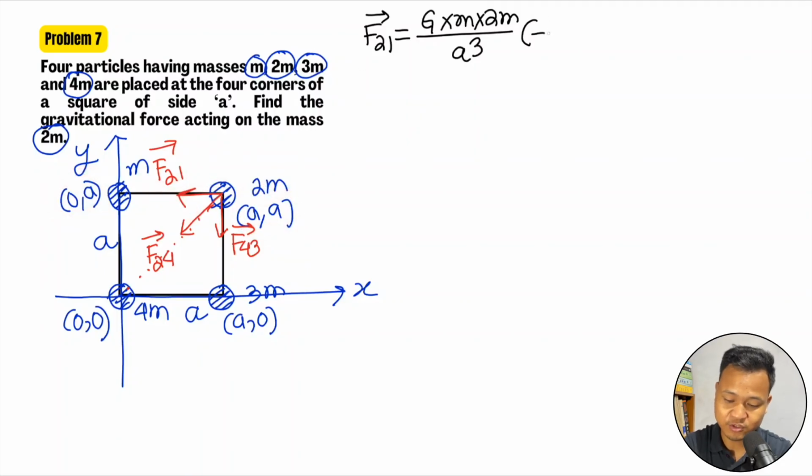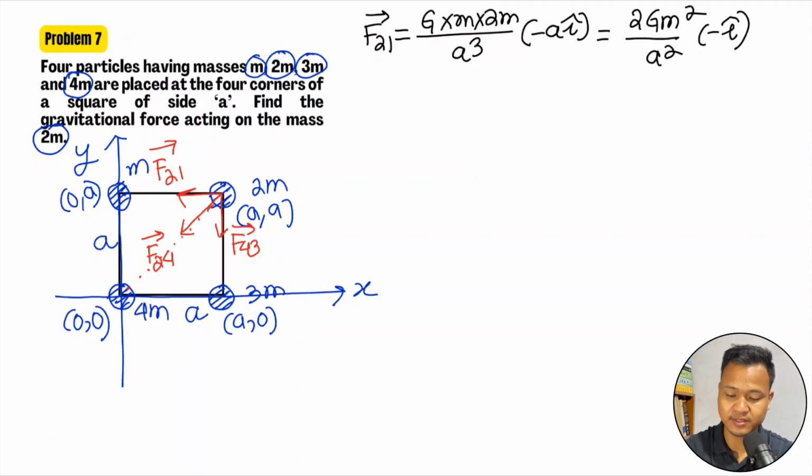So 0 minus a, that is minus a i cap, and a minus a is 0. So how much is this? 2 into Gm square divided by a square, minus i cap. The a hat and a cube cancel. Similarly, force on 2 due to 4 is